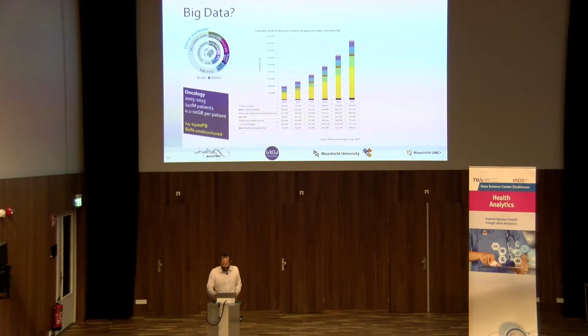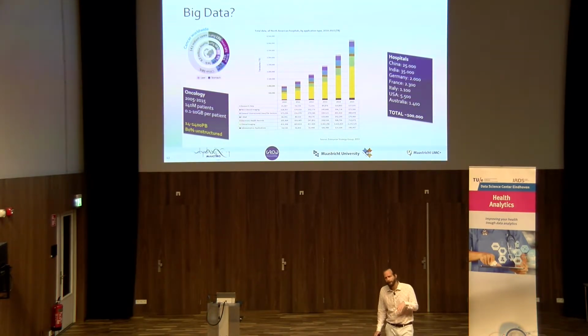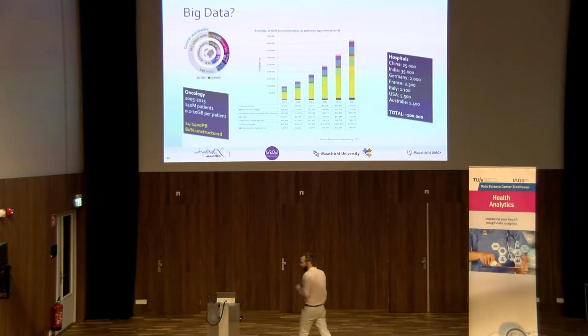What is the real problem in medicine, and in cancer as well, is the number of hospitals. This data is spread around 100,000 hospitals in the world, and we can't get to it. So there's these pockets of data. And so the problem is not the size, it's not the structure, it is the disperseness, the fact that it's so distributed. That's the main issue of big data in medicine, in our view.